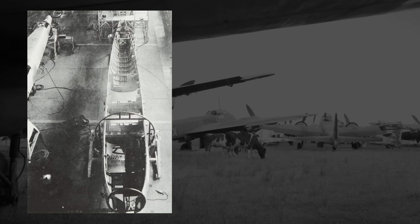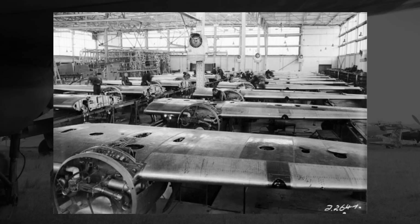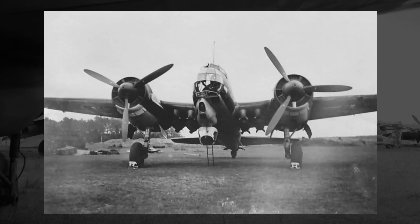This allowed them to basically construct the fuselage in half the time, finishing both internal and external work simultaneously. Once the two halves were both completed, they could just be bolted together, and ta-da, you have a fuselage. The rest of the construction was largely the same, but cutting down on the fuselage construction time would be a massive boost. So early in 1939, the first 10 pre-production models, dubbed the A0, would be delivered for testing, and